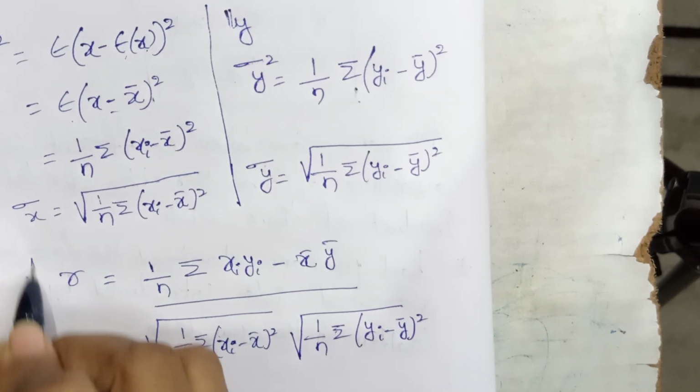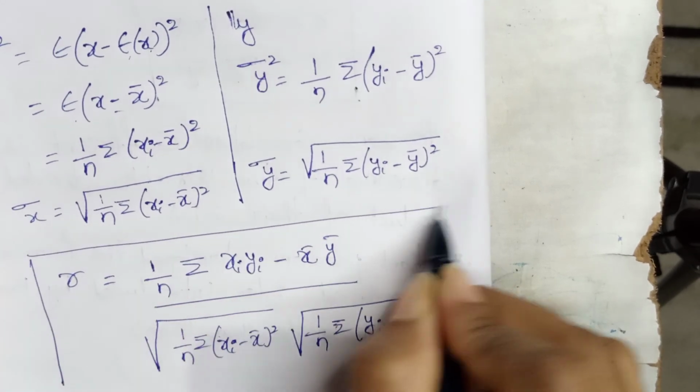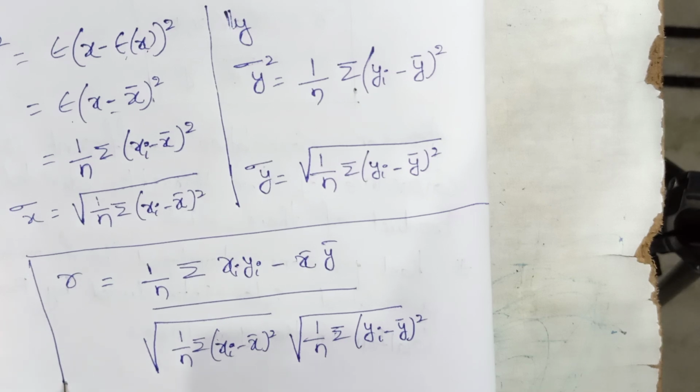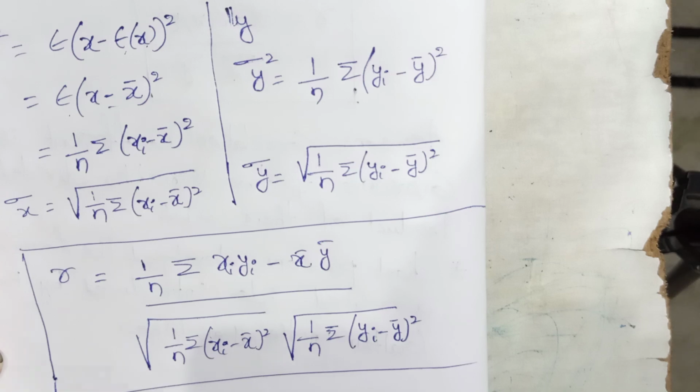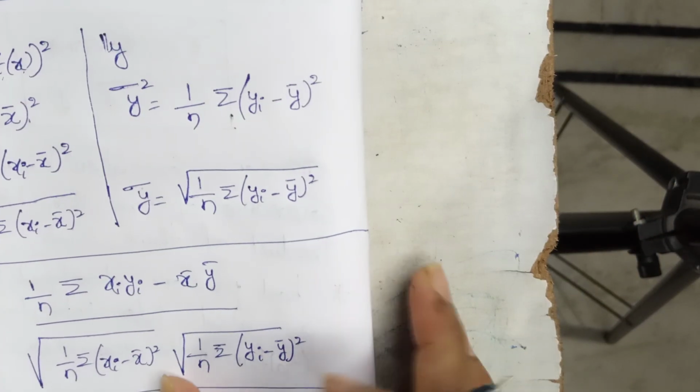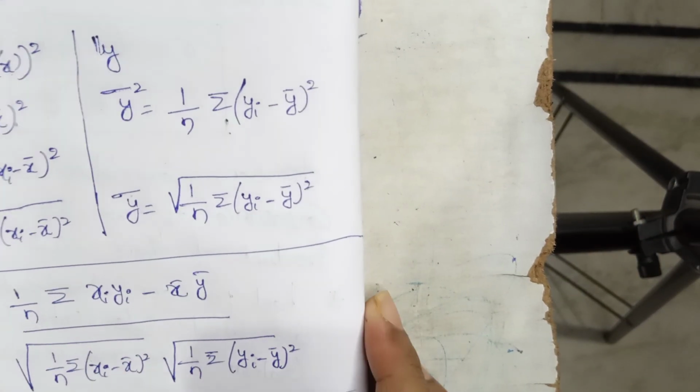So this is the formula for what? R in the sense what? Correlation coefficient in terms of x and y. Okay, so this formula we can also write in another way, that is nothing but r equals to